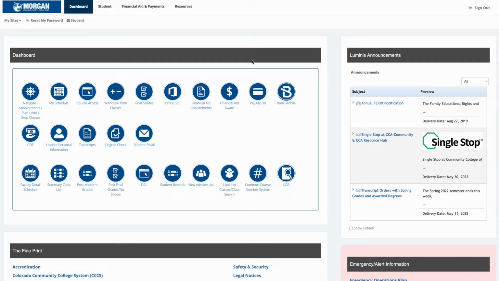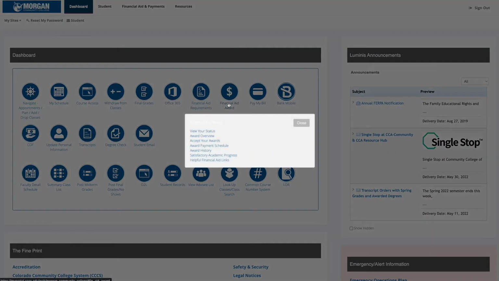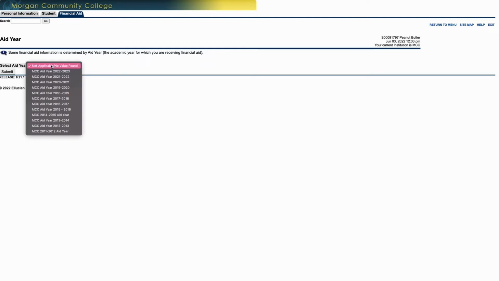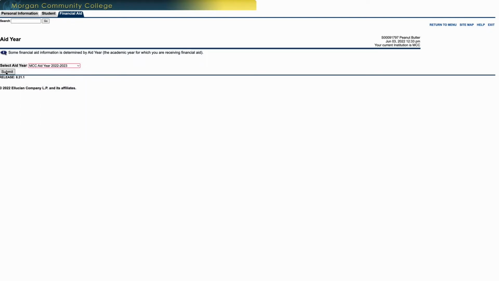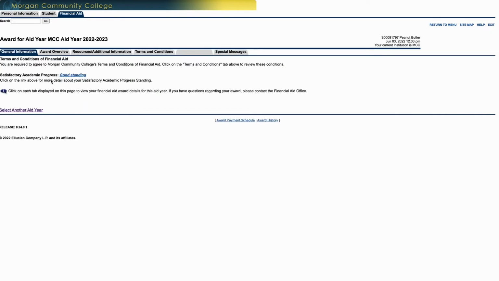Prior to the start of the semester, you need to accept your financial aid award in order to actually have it awarded to you. To do this, log into MyMCC and click on the Financial Aid Award button. From here, choose Accept Your Awards, and then you'll need to choose the year. Click Submit,